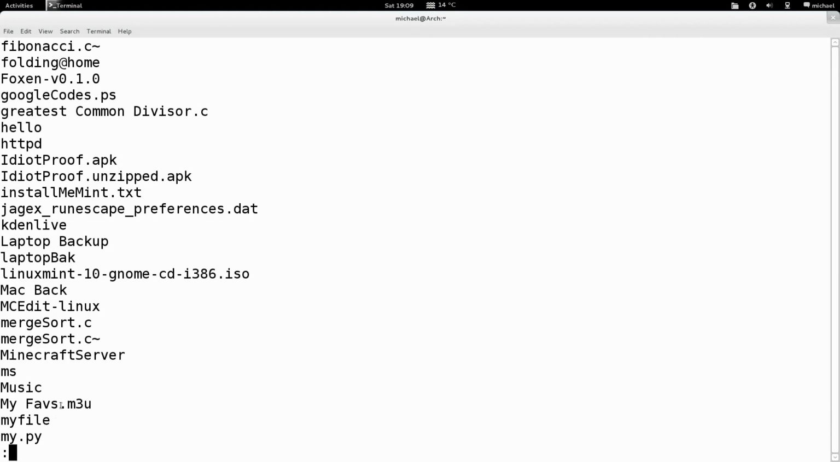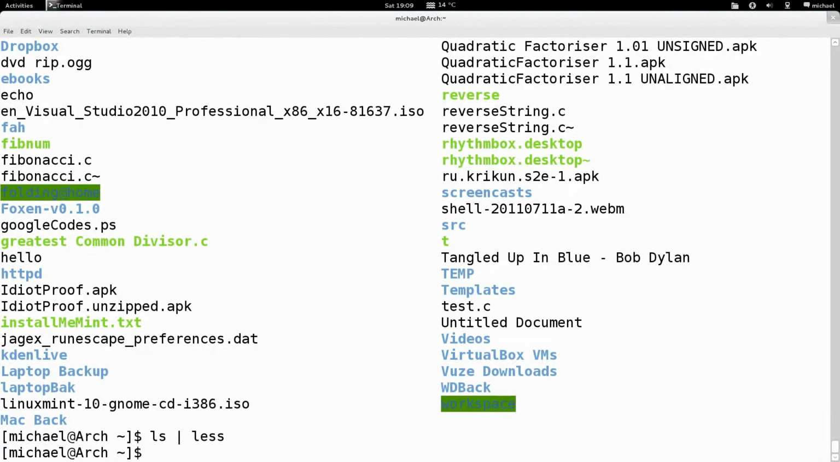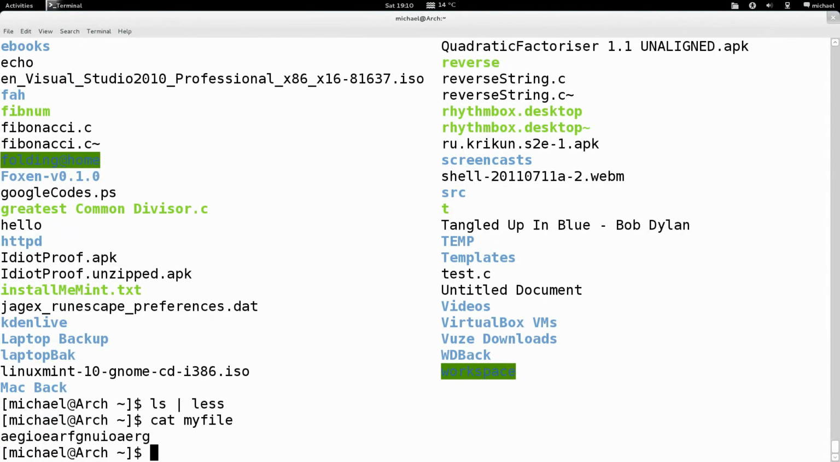So I've seen all I wanted to see, so I'll just hit the Q button to get out of the less. And there we go, back to the shell. So I know that my file is in this folder. Alright, so I've showed moving files, I've showed renaming. Let's get on to